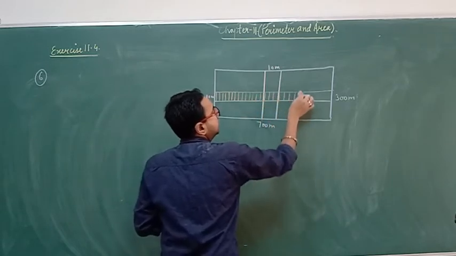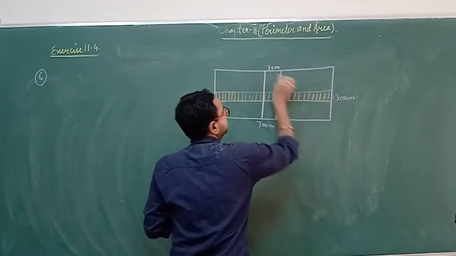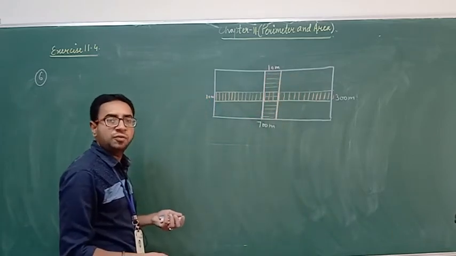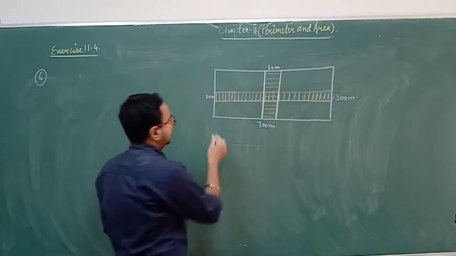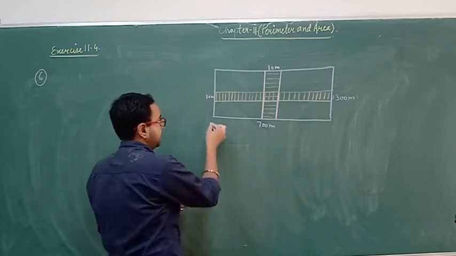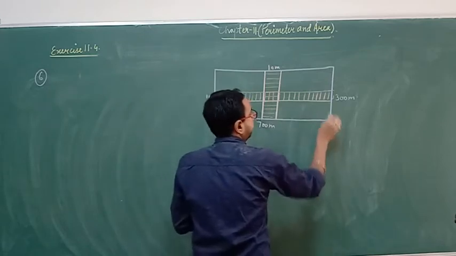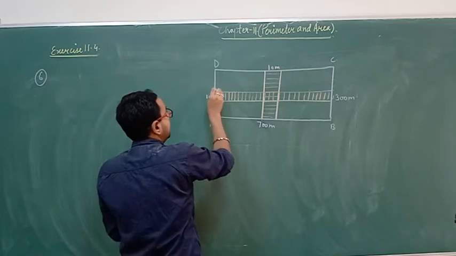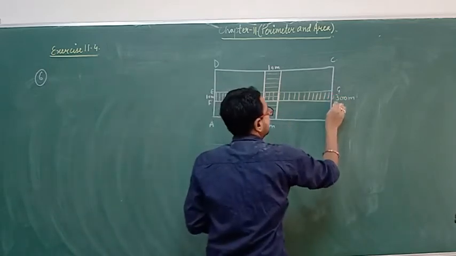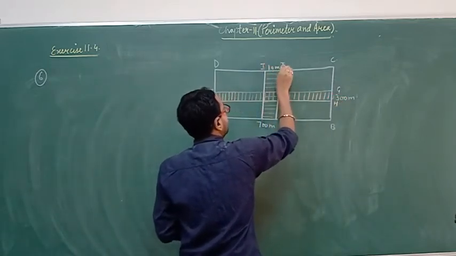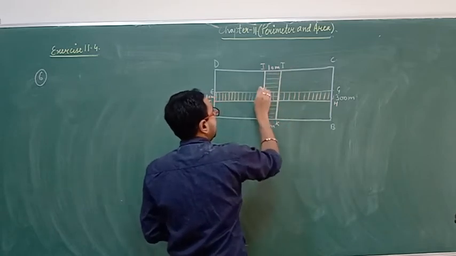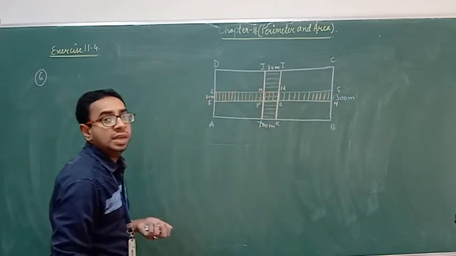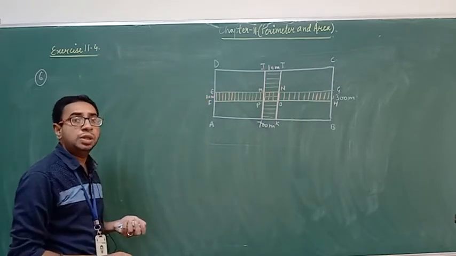We have to find this only, nothing else. This is what area of road is. This is what we have to find. But if you observe clearly, let me name it, it will help you. A, B, C, D is the complete garden. Roads are E, F, G, H, I, J, K, L, M, N, O, P. The naming will really help you. That's why I am doing the naming.